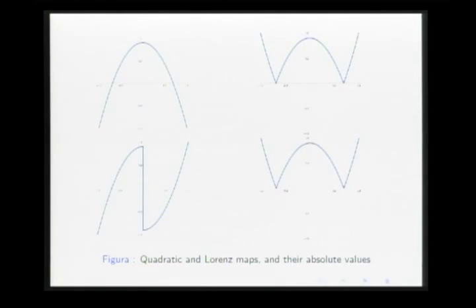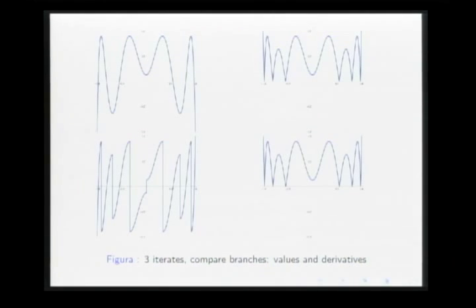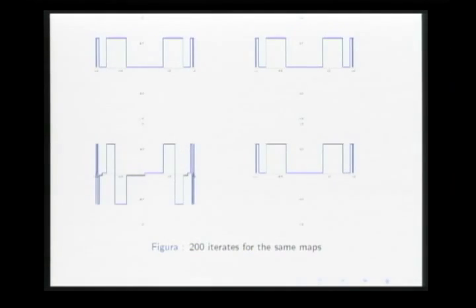You can see that when you iterate the function, the points are at the same distance to the critical point. So their absolute values are the same. If we iterate a lot, they will look different, but indeed they will be the same. That means we have a semi-conjugacy 2-to-1 between the Lorenz case and quadratic case,